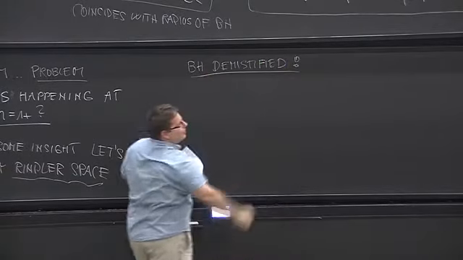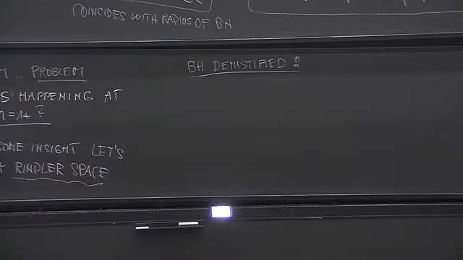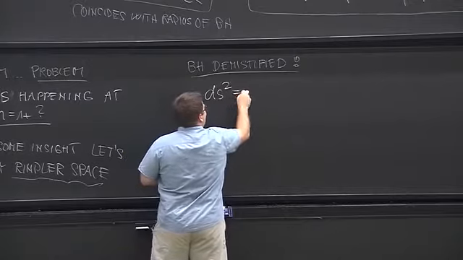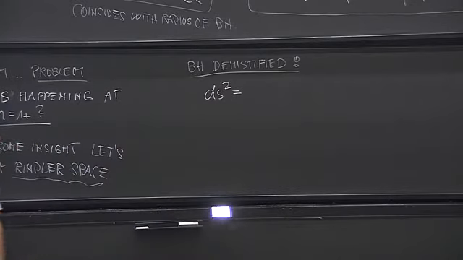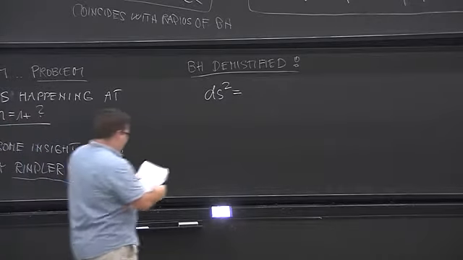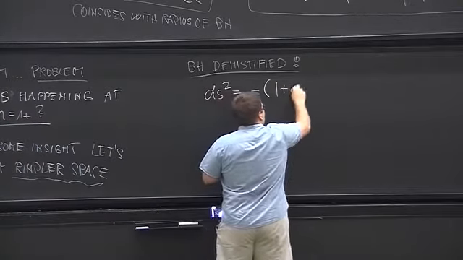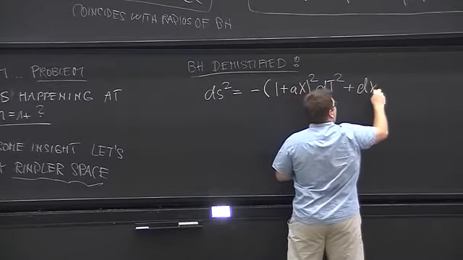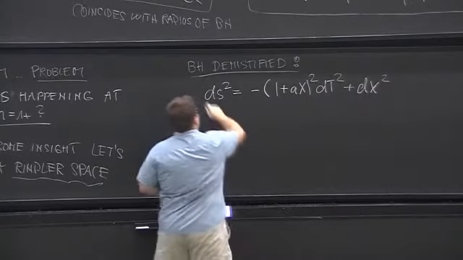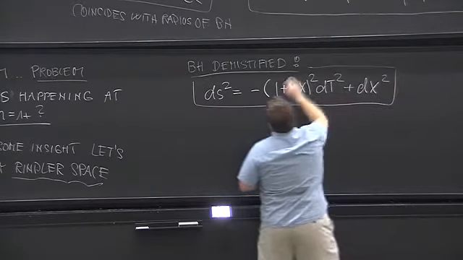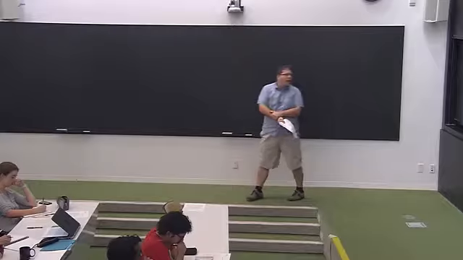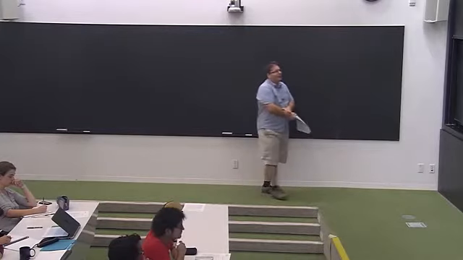So, we will see that whatever we understand in the Rindler space that is basically obvious explains everything what's happening near the black hole. Okay, so what is Rindler space? We can just take the two-dimensional section, which is the interesting one. And that reads, whatever in your notes, (1 + ax)^2 dt^2 + dx^2. Okay, so that's our metric for the accelerated observer, and you derive it in your homework, and we discussed it a long time ago.